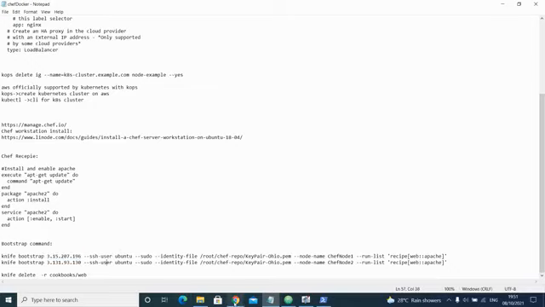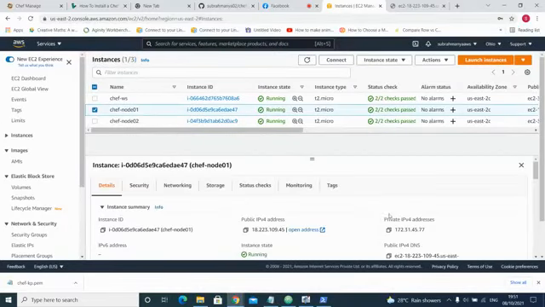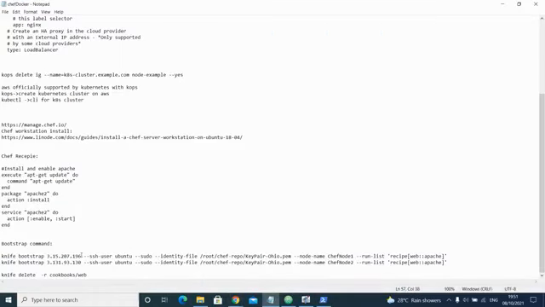Okay, so I'll come back and I'll select the first chef node. I'll copy its public IP address. I will go back and I will edit it. Done. Okay, so all these are the same, no change. Okay, knife bootstrap 18 223 109 45, SSH user ubuntu and the keypair file, this one, and you can use any node name, chef node 1.